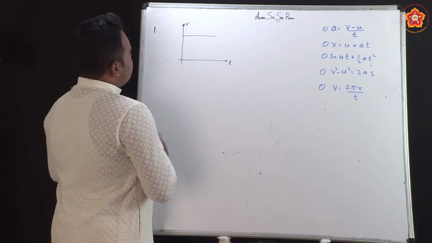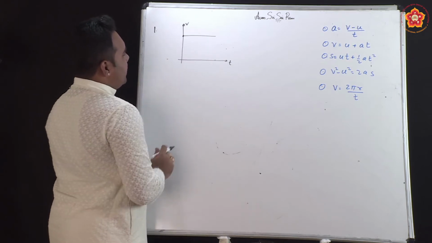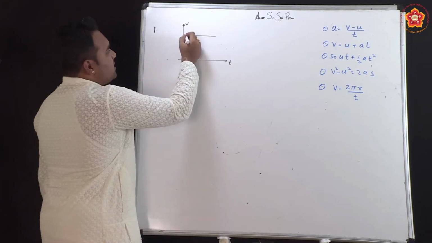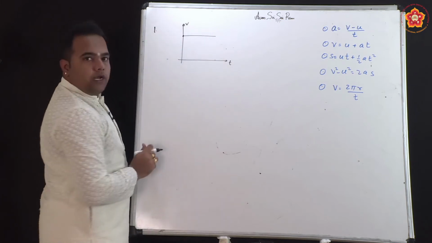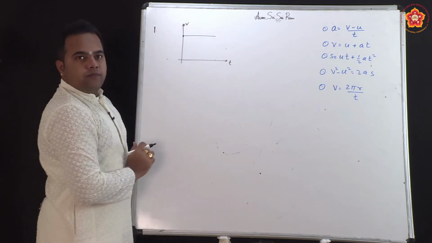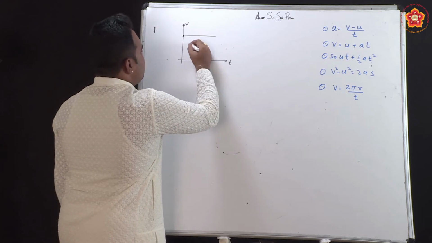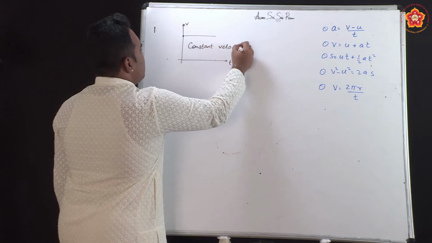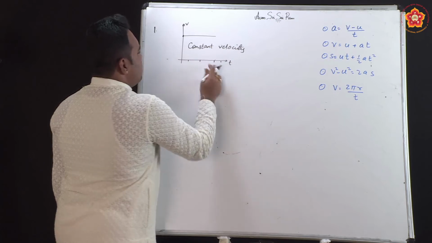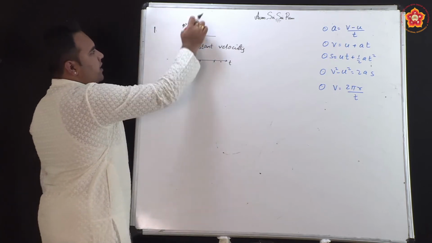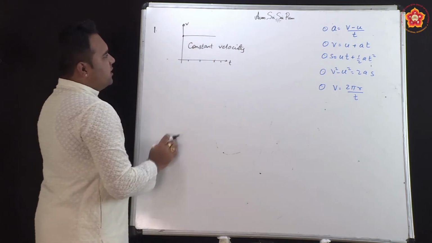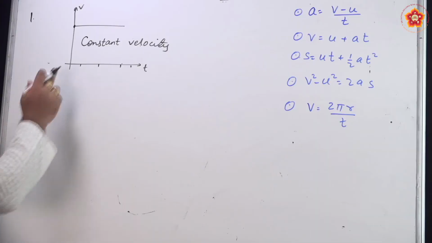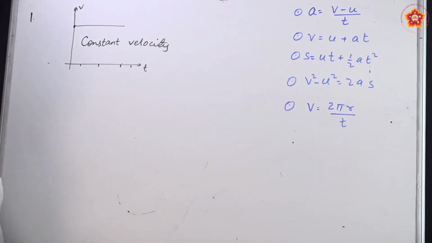We have discussed in the last lecture that whenever we see such a graph, we can make out that at any instant of time that we take, the velocity is not changing, it is neither going up nor going down, it is maintained at a constant value. So we can say that the object is moving with constant speed or constant velocity, because at any time the velocity is not varying, there is no change. So in a velocity time graph, whenever the graph is a line parallel to the time axis, we can make out that it is moving with a constant velocity.